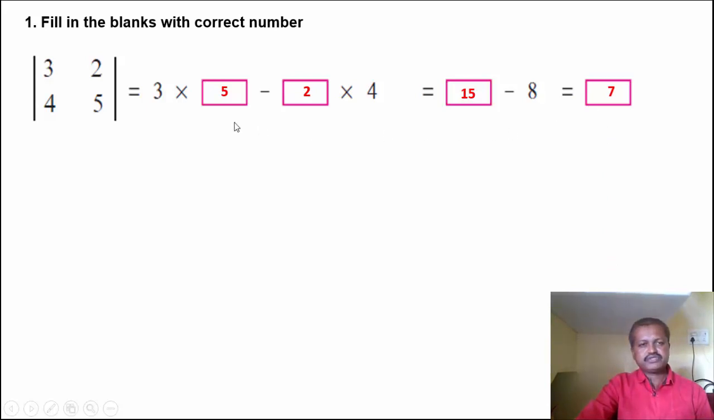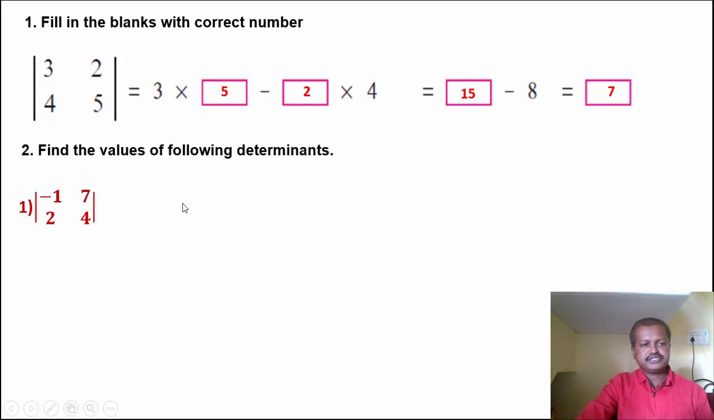So as we solved this first question, then second, find the values of following determinant. First we solve this first determinant here, so minus 1 into 4 minus 7 into 2. So solve this. Minus 1 into 4, that is a minus 4, and minus 7 into 2, that is a